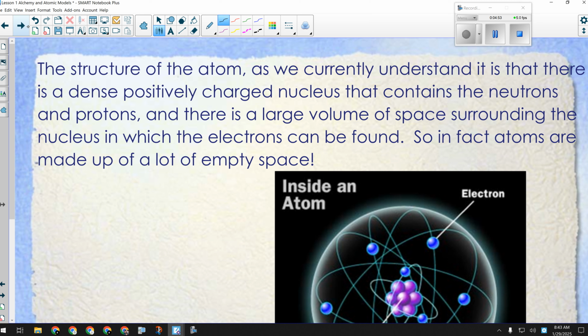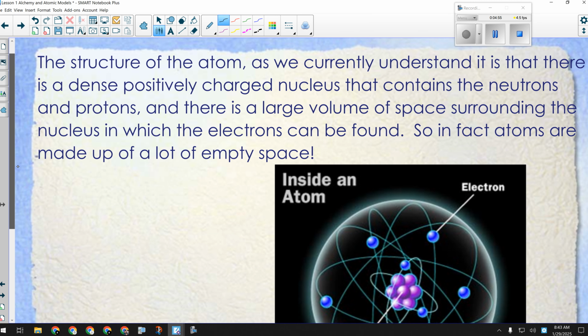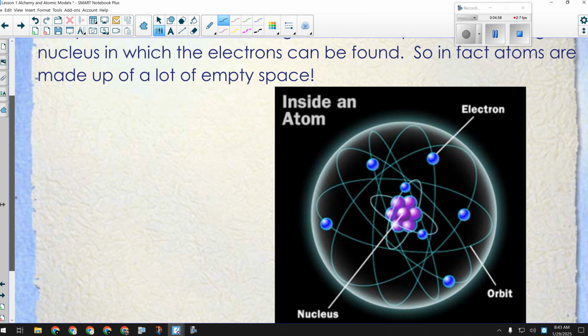All right, so as we currently understand it, an atom kind of looks like this. There's the central dense nucleus where the protons and the neutrons are, and the electrons orbit on the outside. Their orbitals are not all the same radius, like it shows in this picture, but they are going to have a high probability of being found in certain places within the cloud, based on the energy of those electrons. If they're in a higher energy state, then they're going to be further away. If they're in a lower energy state, they're going to be closer to it. But they can move all over the place.